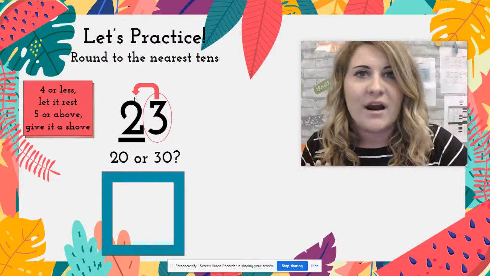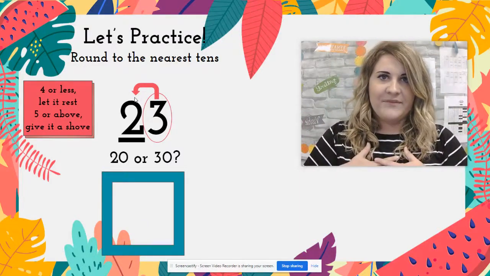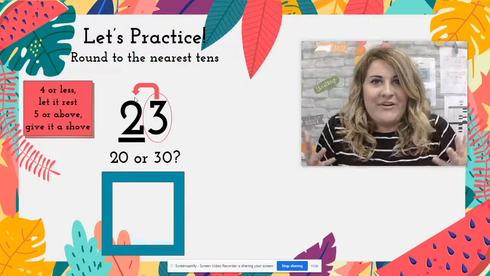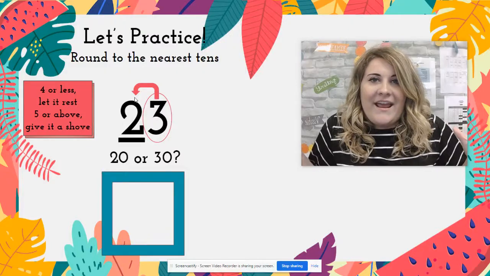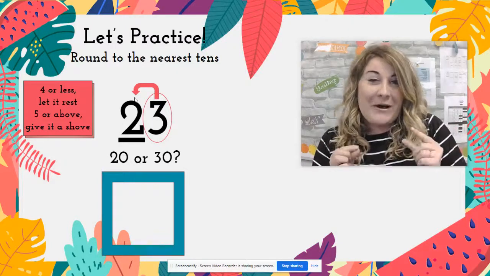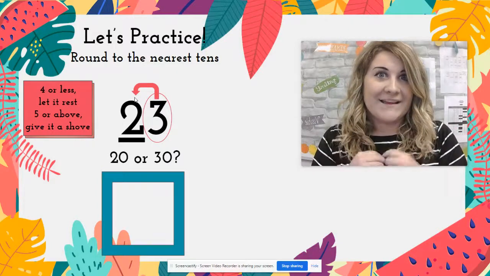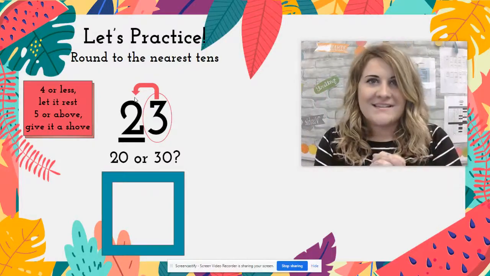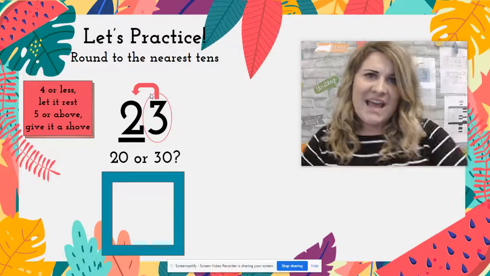How many of you guys are the oldest sibling? I'm the oldest sibling. I have 2 younger brothers. If you're the oldest, and maybe if you're just a girl, I don't know. Or maybe you're a boy, I don't know. And you like to be a little bit bossy. I like to be a little bit bossy sometimes. Well, today is your moment to shine because the ones place is going to be bossy